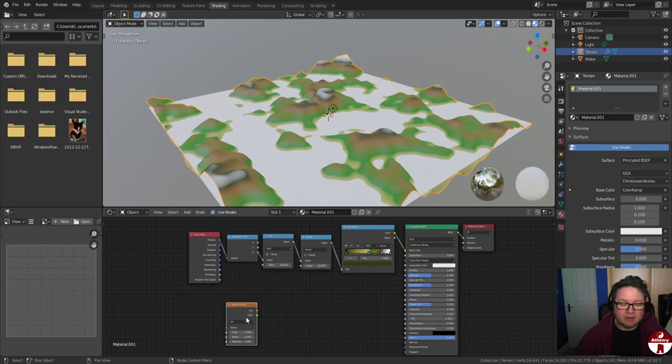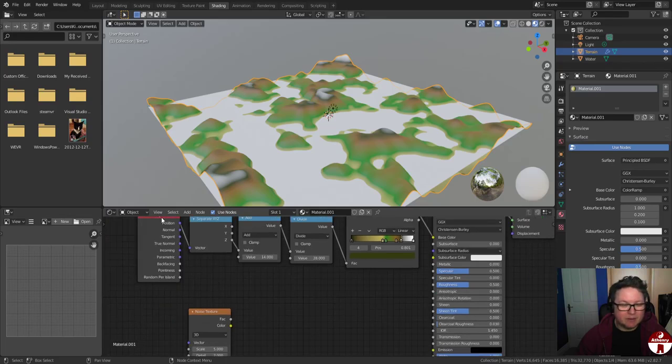So we want this noise texture. The factor here is going to give us a number between 0 and 1 again. So we want this just to adjust this 28 value a little bit. So let's add another math node in. Drop it there beside the noise texture. Connect factor to it. And we're going to do add. So instead of this being 28, this is going to be 0 to 1. So we'll make this